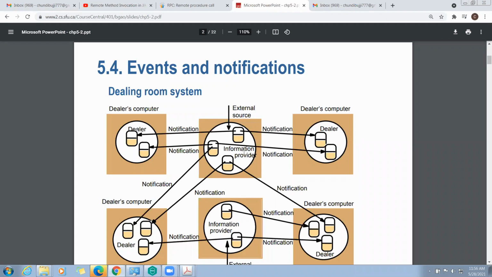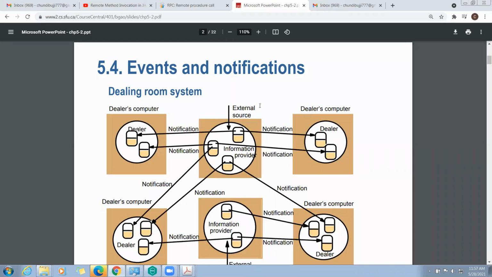What will the information provider do? The information provider will send the notifications to the dealers' computers. This is called an external source. Whenever the stock is updated, that information will be sent through notification to the dealer's computer.